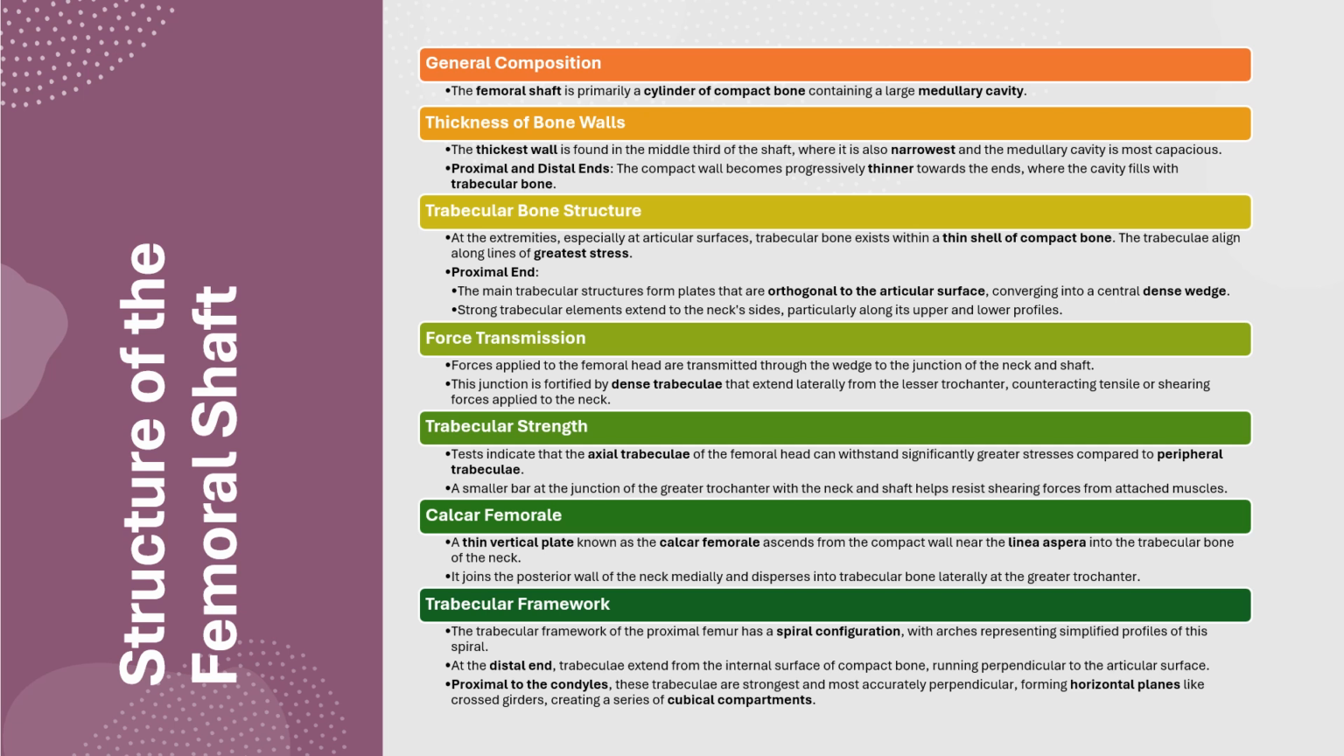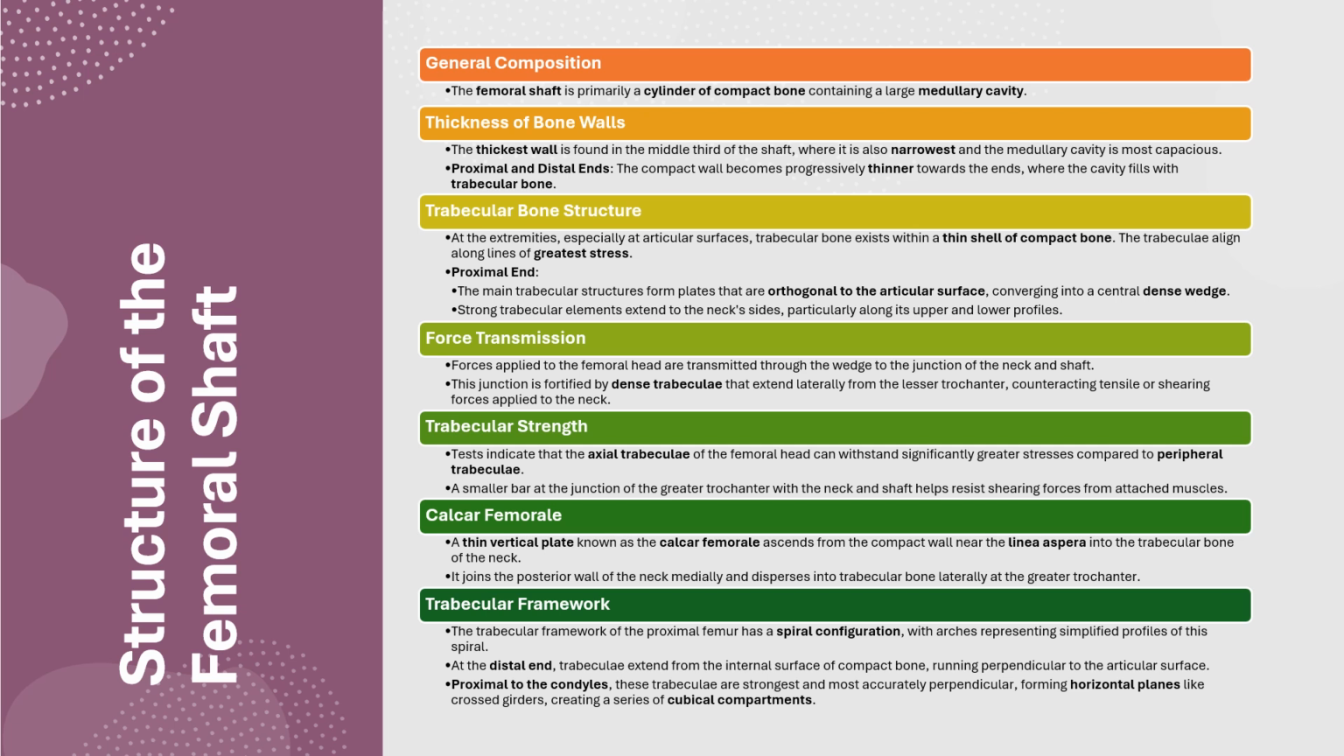Trabecular strength: the test indicates the axial trabeculae of the femoral head can withstand significantly greater stress compared to the peripheral trabeculae. A smaller bar at the junction of the greater trochanter with the neck and the shaft helps resist shearing forces